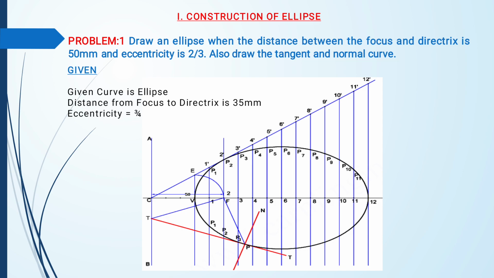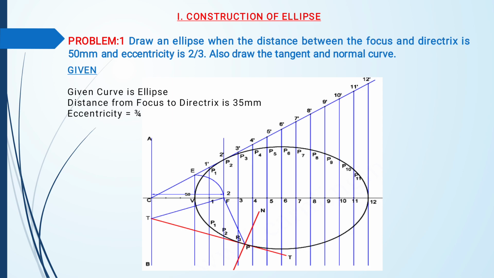I want to fix the vertex line. Here, V represents the vertex. How am I going to fix that vertex? I have here the total distance of the ellipse, 35 mm from the focus to the directrix. The eccentricity is 3 by 4. So the total value is